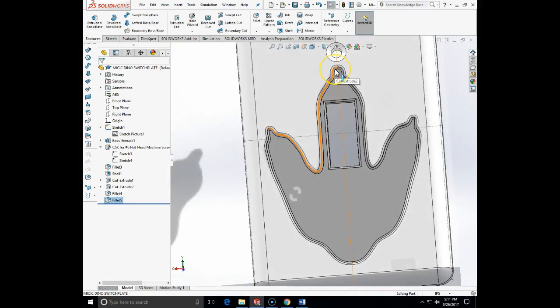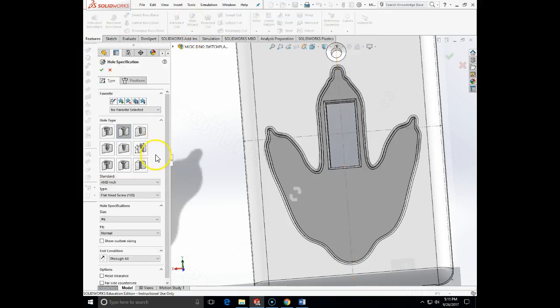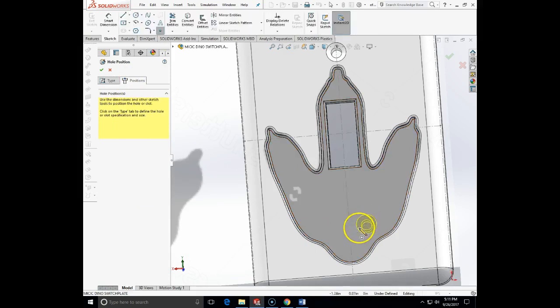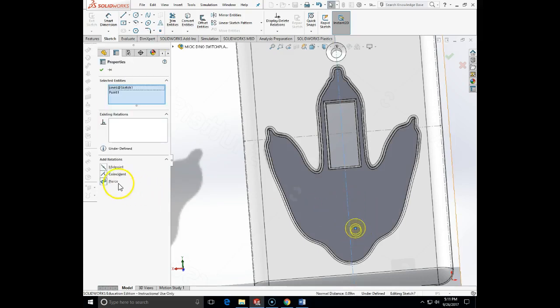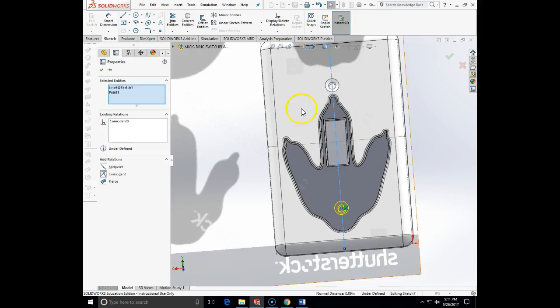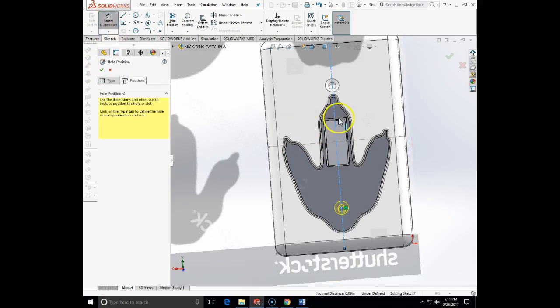Now I need to place another through hole. I'm going to place another hole here with my hole wizard, which is already set, and I'm just going to place a position on my newly created surface. Going to click on my hole and on the line. I'm going to make those two coincident. And I'm going to distance the hole